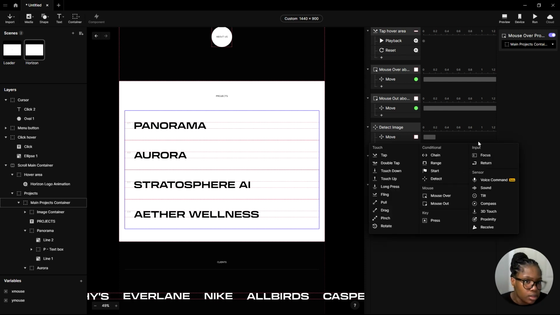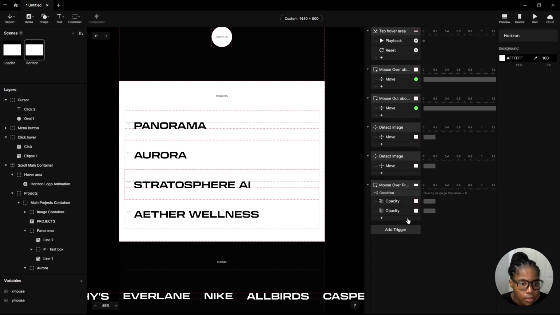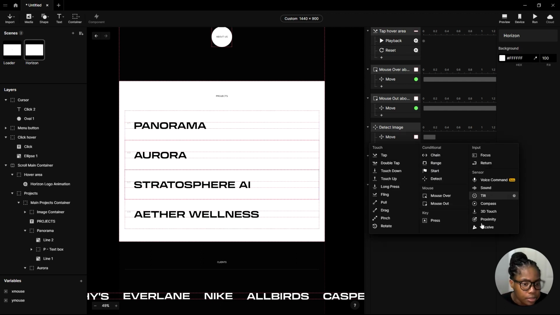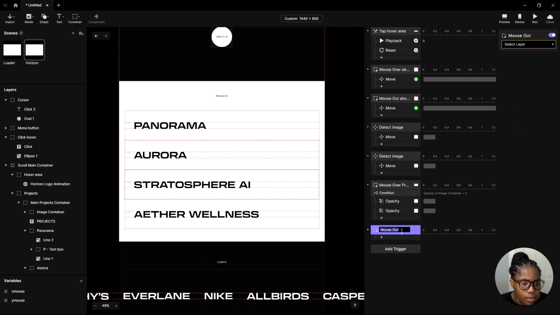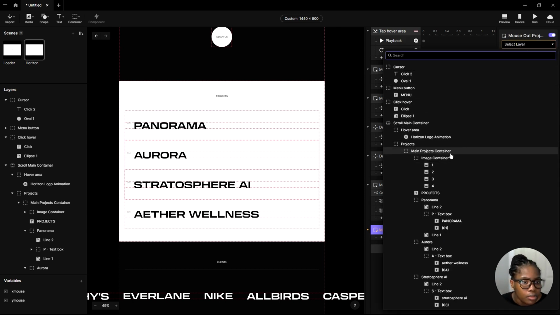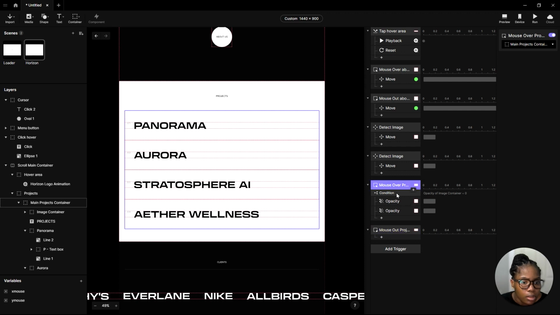And I'm just gonna duplicate. No, I don't have to duplicate it because we're using a different response trigger right now. So mouse out project,